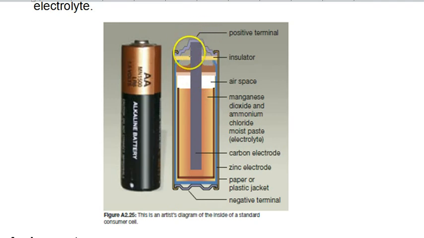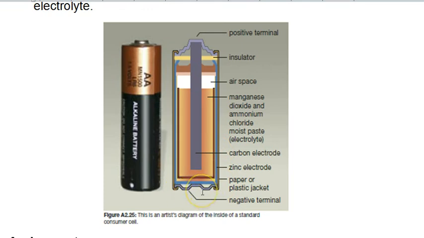Down the middle, connected to that little dimple at the top of your battery, is a carbon rod, and it's making physical contact with your paste. And then we have some insulators, and on the very top, that's what makes up that dimple, is a steel cap. And that steel cap is connected to your carbon rod, but notice that the insulator is keeping it from being connected to the zinc. And so the zinc casing at the bottom here, notice it's connected to a metal cap at the bottom